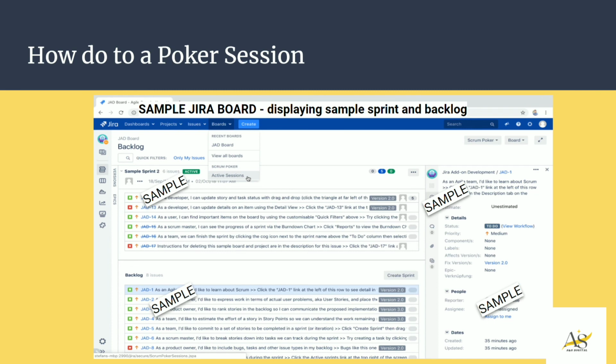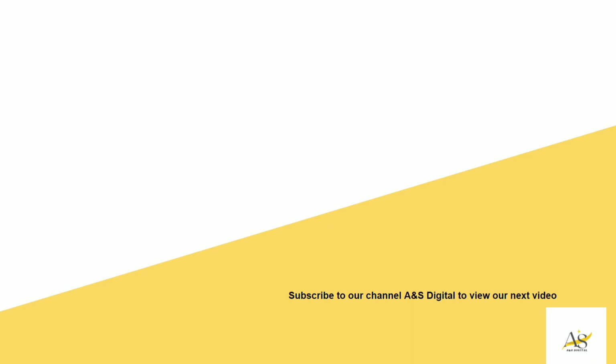You would add some of the stories from the backlog there, go through the exercise of estimating points, work your way towards, say we had discussed 25 points is what you can do in that sprint. Work your way adding up to 25 points. And basically at that point, you kind of have a rough idea of what your poker session will be able to get into the actual sprint when you fire it up on sprint planning day. So with this, I would like to say we have a rough idea on what